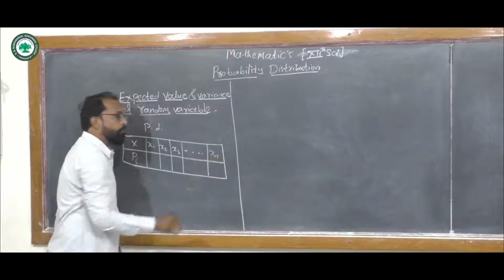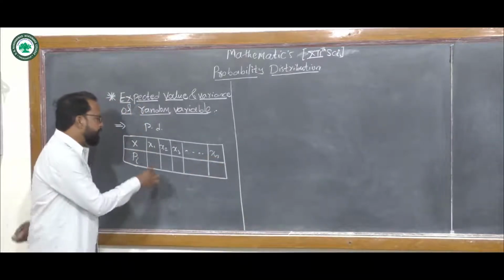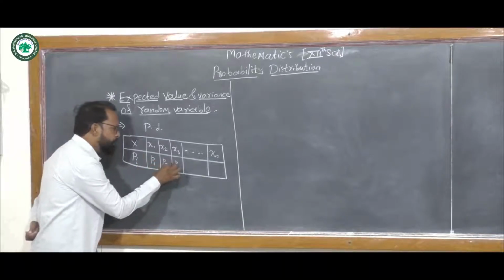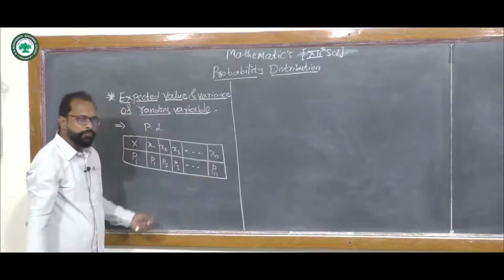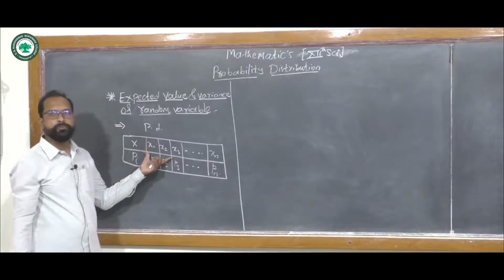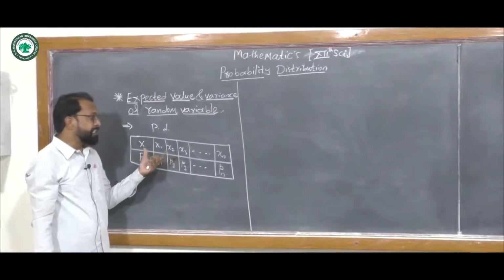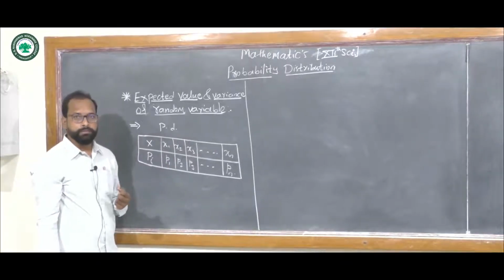These are the values of the random variable x, with corresponding probabilities p1, p2, p3 and so on up to pn. If this is the probability distribution for a random variable x, then the expected value or the arithmetic mean